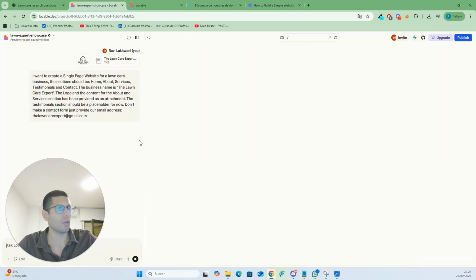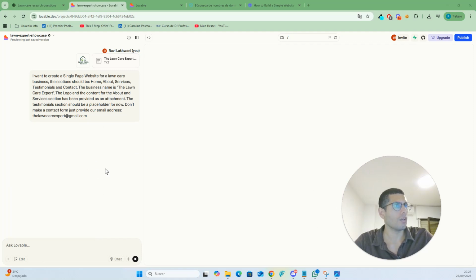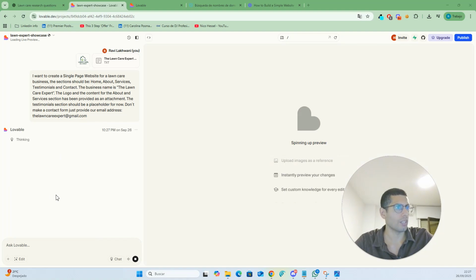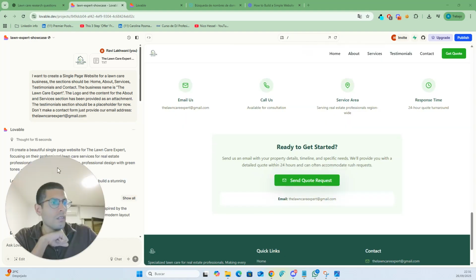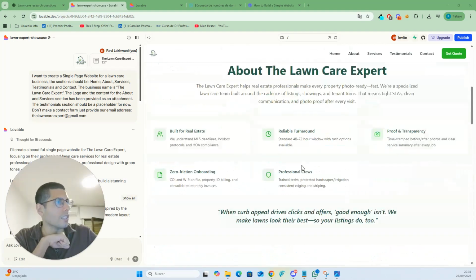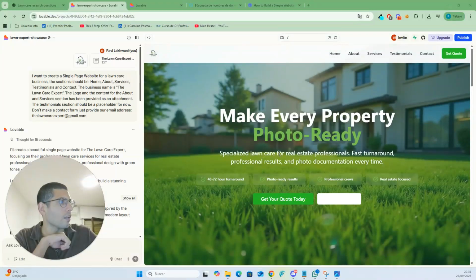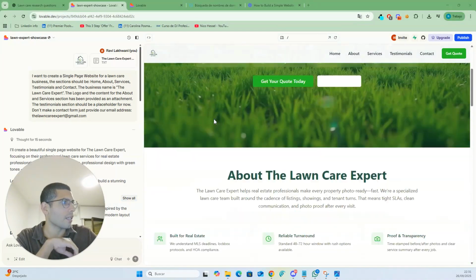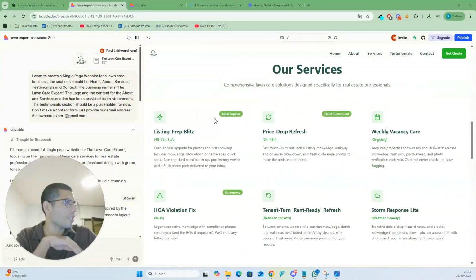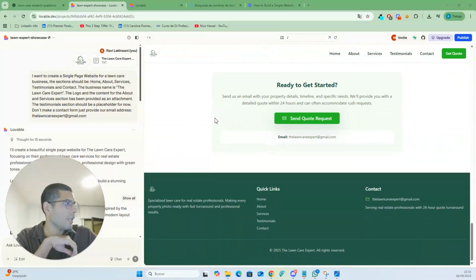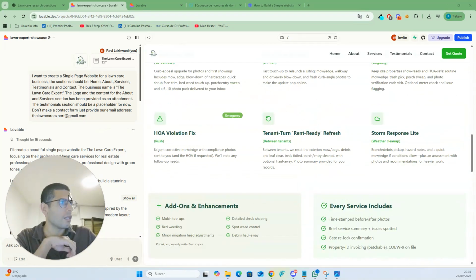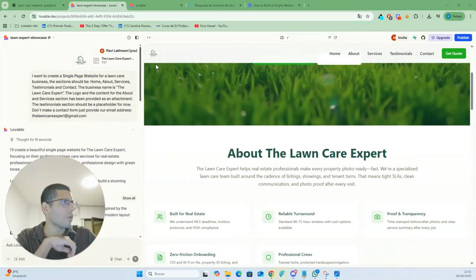And it's now going to work. As you can see here, you're going to see Lovable actually working, thinking, and now it's going to start working. Okay. Right. So guys, as you can see, it's gone to work, and look at that. It's already made you an entire website that you don't need to do pretty much anything to. It looks great, honestly. Right now, what I don't like is that the logo is a little bit